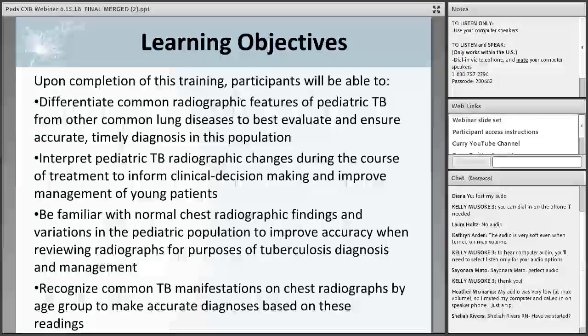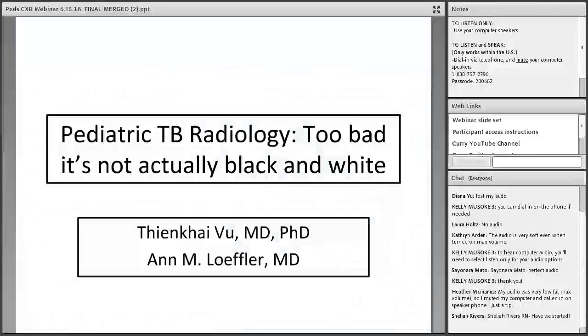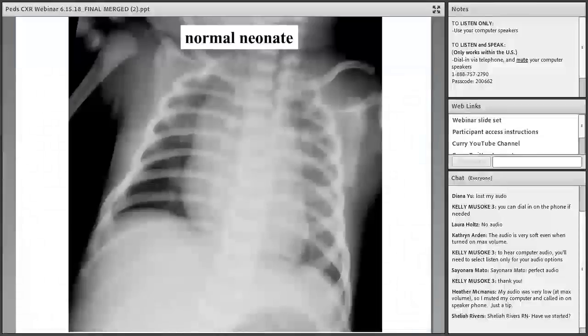Okay, everyone, so this is our learning objective. I'm not going to read them because you have access to them, so we can go ahead and proceed in the interest of time. So with regard to pediatric radiology, I think the hardest image to interpret is in a